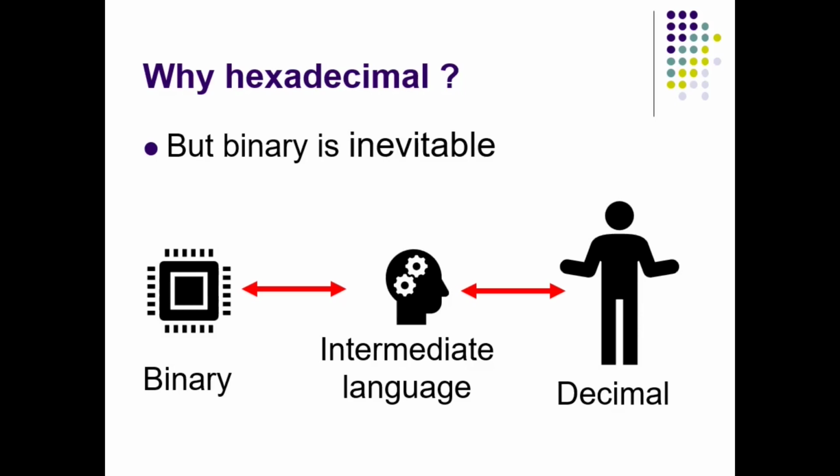Now why don't we study computers using the decimal number system only? That is because binary to decimal and decimal to binary conversion is not efficient. Whenever I have data in memory, it's in binary form. If I want to note it down, I will immediately convert it to hexadecimal and write it down. But if I have to write it down in the decimal number system, I have to use a calculator or make a small calculation. So decimal and binary conversions are not easy. That's why we have gone for the hexadecimal number system, which is already binary coded. So conversion between them is very easy.